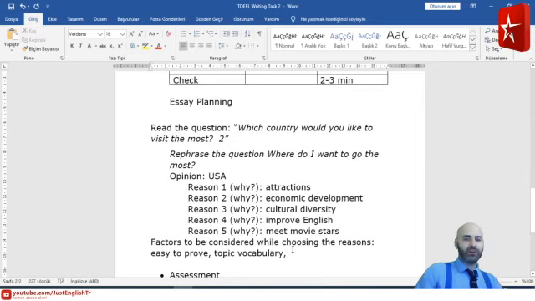And also, you need to sometimes think about personal feelings. Now, this one can be very tricky. Personal, you understand the meaning of attitude. So, personal attitude is also important because you need to feel what you are writing. If I think that I will not meet any movie stars, it will be very difficult for me to write a paragraph about it. But if I think that I will improve my English, really I think like that, it will be very easy for me to write about it.